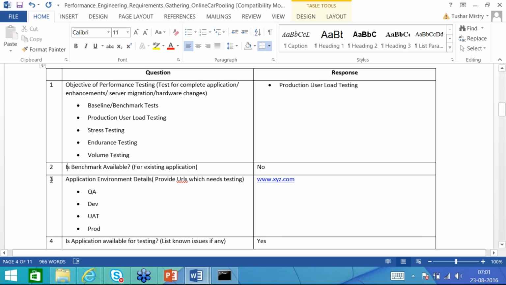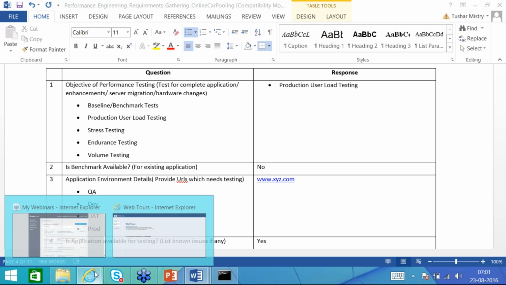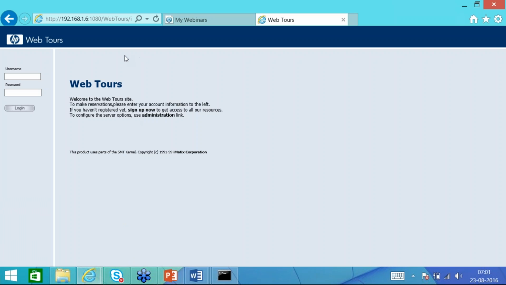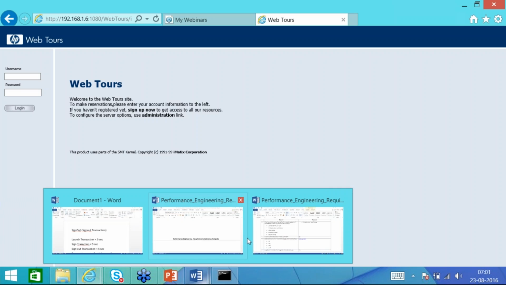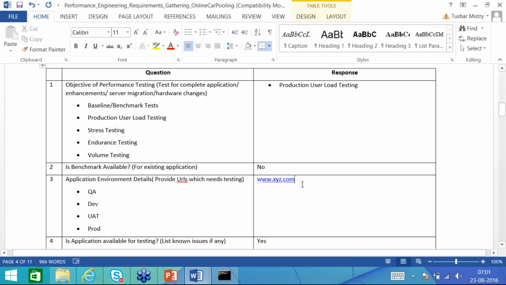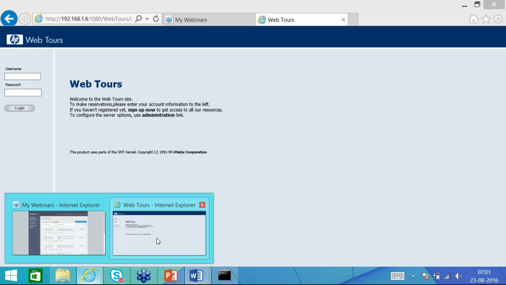Application environment details: for which environment are we going to do the performance testing, QA, dev, UAT, production? Say this is the UAT environment, and then you can mention it, and then mention the URL of the application.